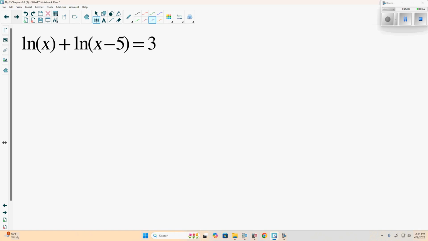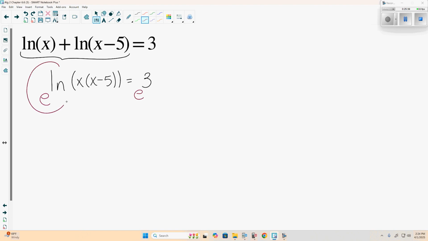This problem isn't any different. We're just using natural logs instead of logs. Only difference. Because our first main step is going to be the same as before. We're going to rewrite these two logs as a single log with what's inside being multiplied. Now, what base are we going to put both sides to? E, because e to the ln will cancel out, leaving us with x times x minus 5 is equal to,